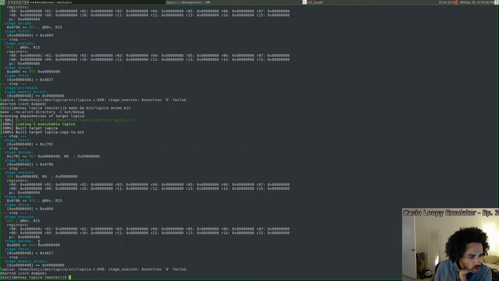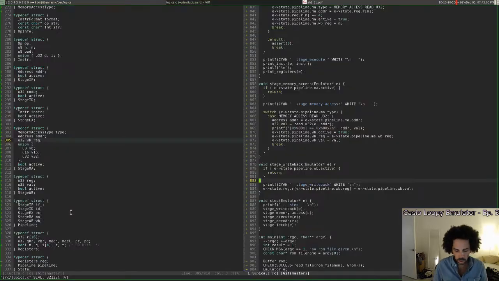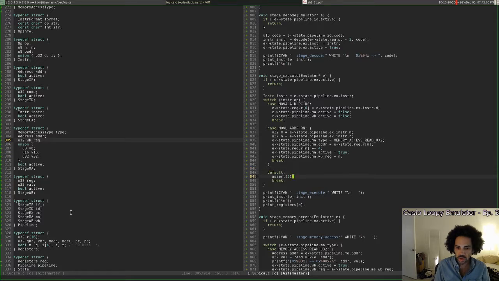Okay, so now we're not doing the write back, which is good. We do our memory access, which basically reads from here and does that. And then if we did one more, we would do the write back, but we can't because we don't know how to execute a branch instruction, which is this guy here. So actually what I want to do is, instead of blowing up here, I kind of want to print out afterwards, which means